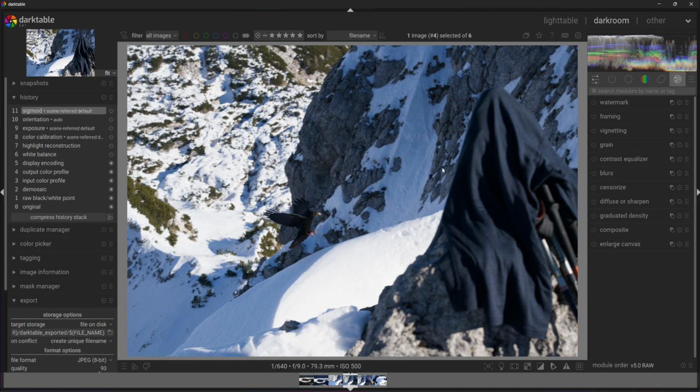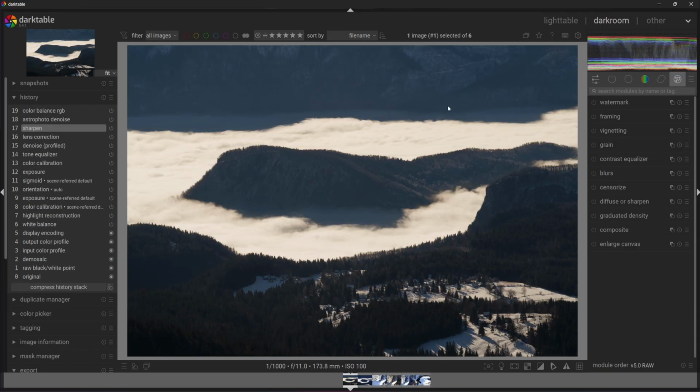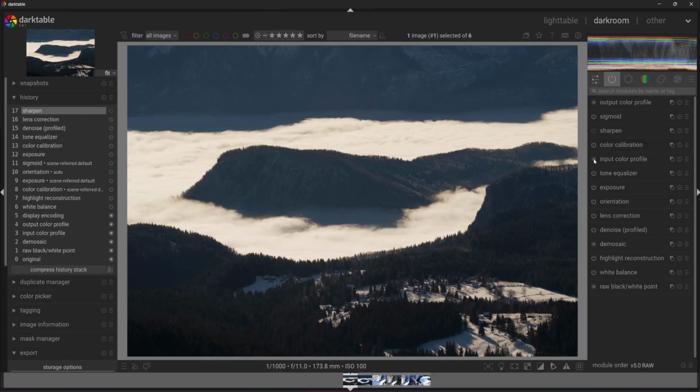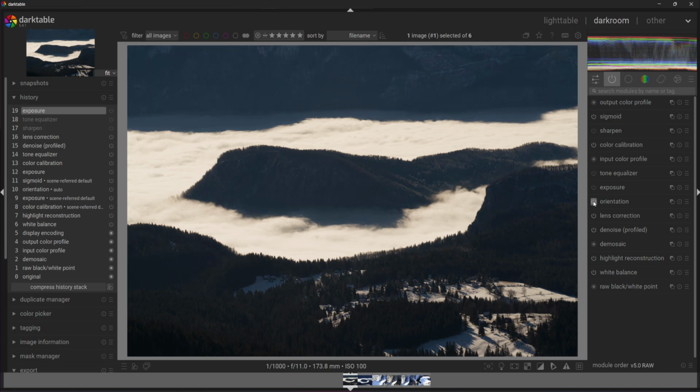So this is now do just the one specific tool. So if you want to do it all, to reset just a specific tool, we need to go here to the right side, here to the only active modules, and what we are just gonna do is here click on sharpen maybe and tone equalizer, and we can